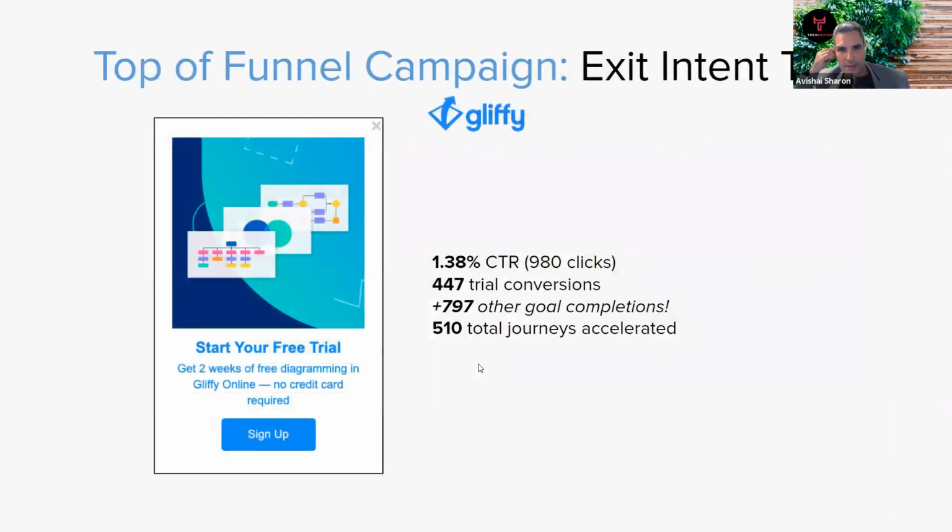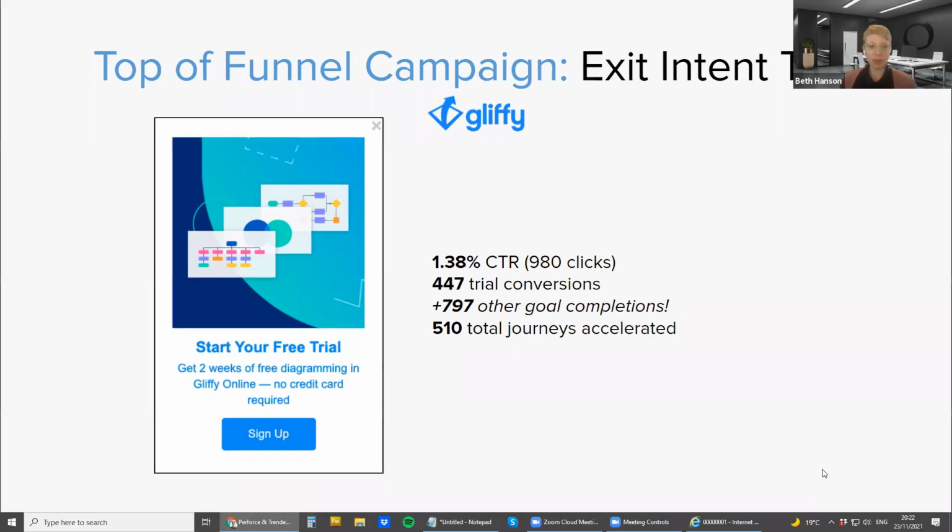So here's another example. This is a PLG brand, right? Yep. So this is our product Gliffy, where for Gliffy, a free trial is a pretty top of funnel offer. A lot of our content is about how to create diagrams and different types of them, such as flow charts. So we launched this on our blogs as well, to try to get people to try their diagramming in Gliffy when they're coming to our site looking for information on making better diagrams. So we are seeing this one work quite well as well to get people to sign up for Gliffy who would have otherwise left our site,